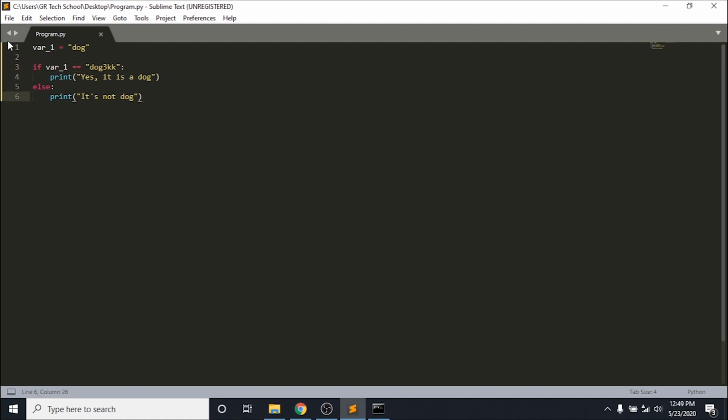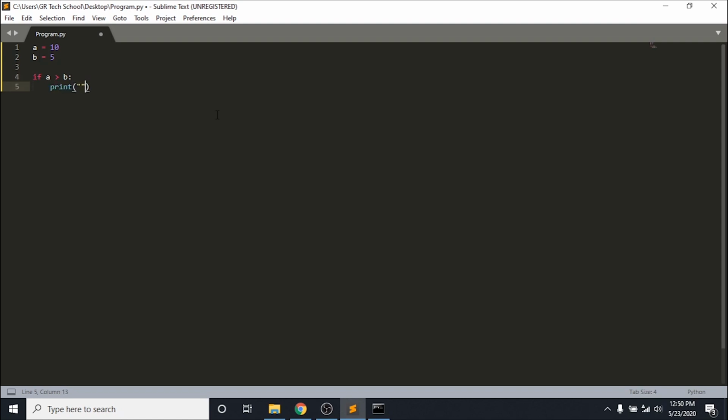So what will happen if you want to use the less than or greater than operator? Basically we need to use numbers for it. So I'm gonna create a variable called a and store 10 in a. Then I'm gonna create another variable called b, and in b, I'm gonna store 5. Now I'm gonna do some if conditions. So if a is greater than b,